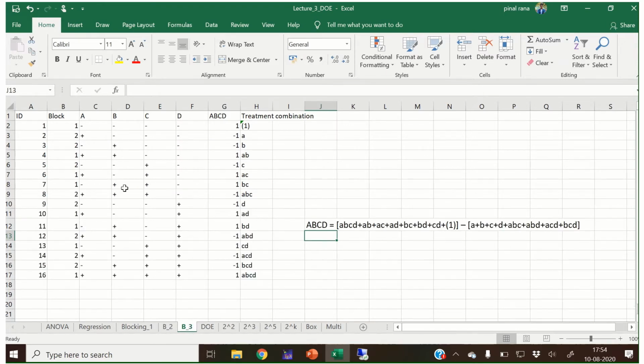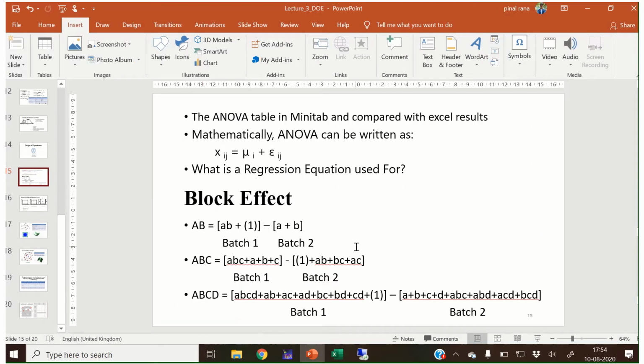Same way I have written it down for the 2 raised to 4 factorial design, and I briefly summarize all the three, 2 raised to 2, 2 raised to 3, and 2 raised to 4 factorial design over here. From this we can say that in all the factorial designs we find an equal number of variables which give a positive impact on the response variable and a negative impact on the response variable.